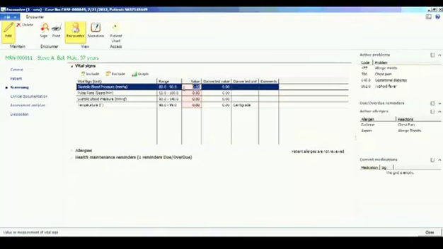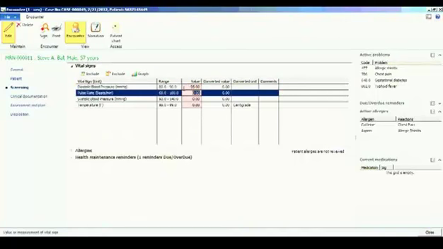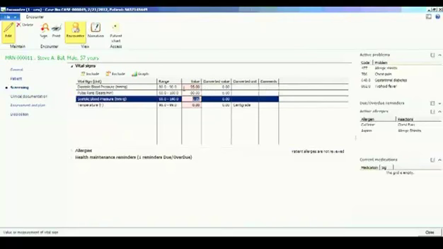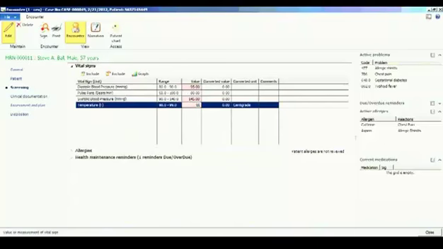So here we have our vital signs and our allergies and our health maintenance reminders. For vital signs, the nurse is going to record all of the vital signs for the patient. So for diastolic blood pressure, we'll say 95. For pulse rate, we will say 80. Systolic blood pressure, we'll say 145. And for temperature, our patient has a little bit of a fever today, we'll say 101. Also,